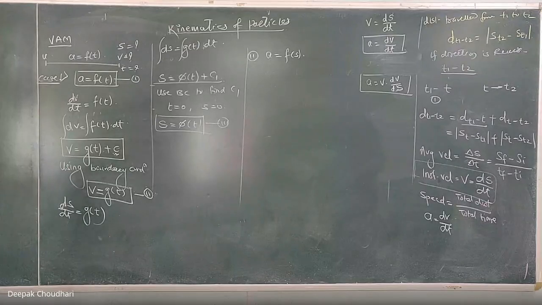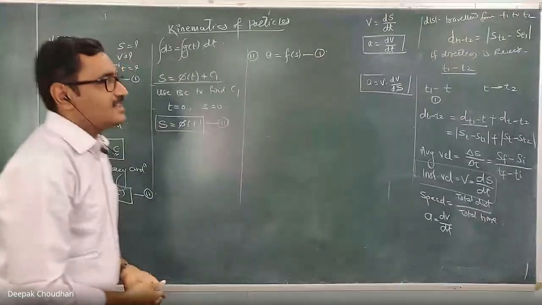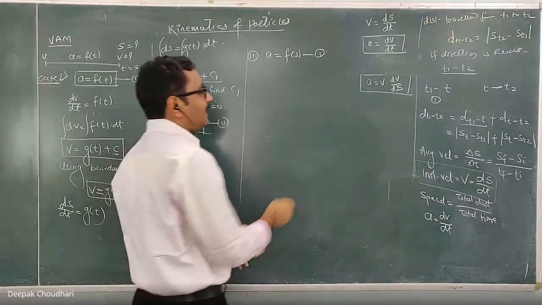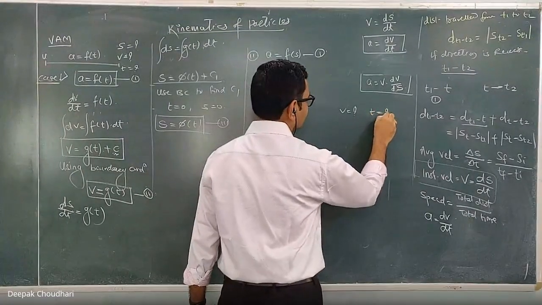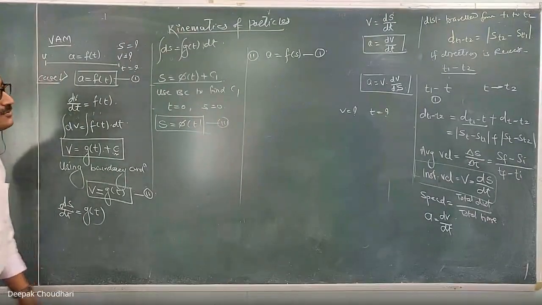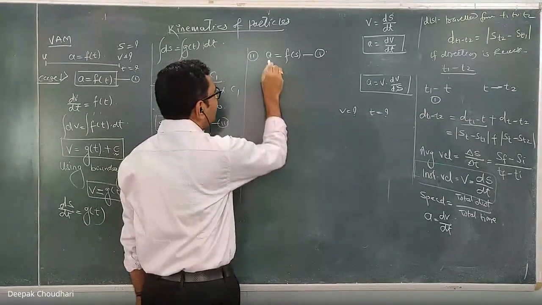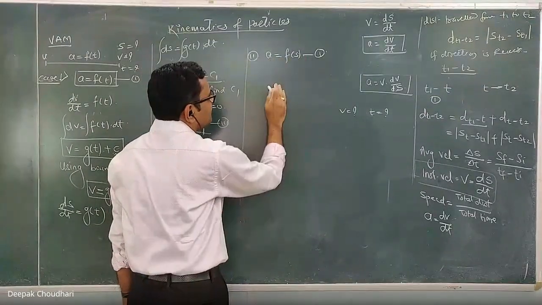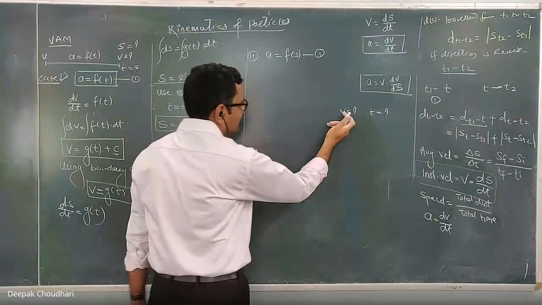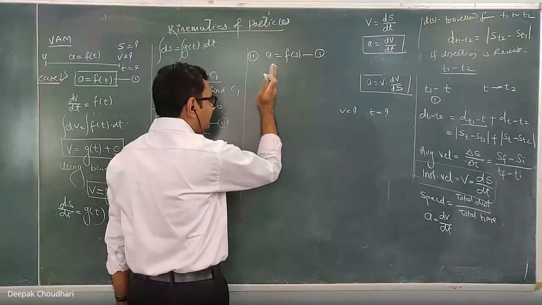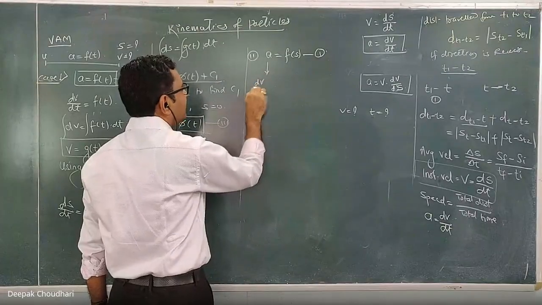Now if the acceleration is a function of displacement, how do we get another equation? This also becomes one equation of motion. If I want to calculate the velocity at any time t, I want to get the equation of v and t. How can I get the equation of v and t? Remember, when acceleration is given as a function of displacement and you want to find the velocity at any time t, I need the equation between v and t. But whenever acceleration is given as a function of displacement, don't replace this a by dv by dt.